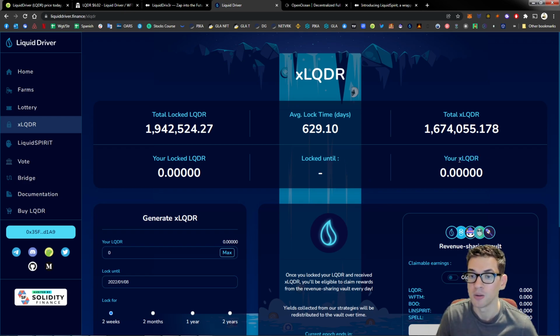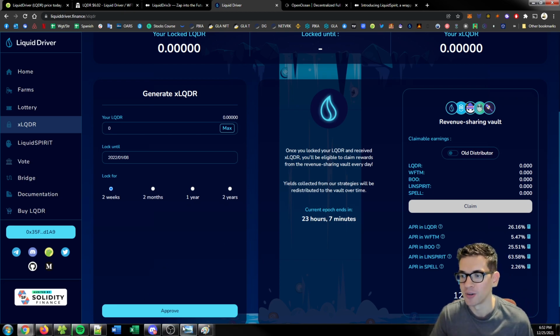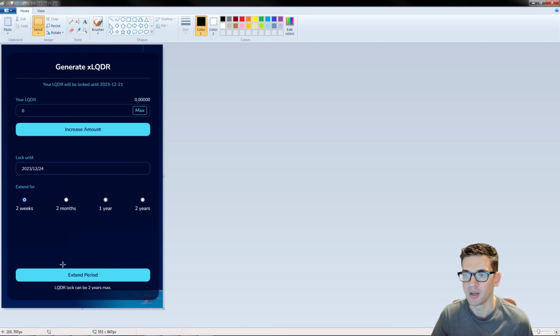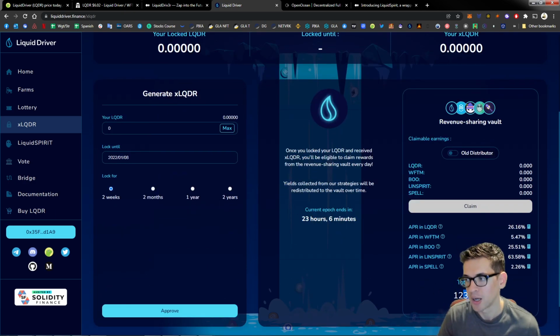Wait, what? Yeah, it goes down. So in order to maximize on those high APR rates every week, I essentially extend the lock. So I always keep it at 2 years, hence why I say it's for infinity. So I got a little screenshot here that I took. Bam, so it's going to be right here, and then you just extend it, and then you get your locked liquid driver tokens equal to however much is in here. You want to have it be as close to 1-to-1 as possible, so that you're maxing out on